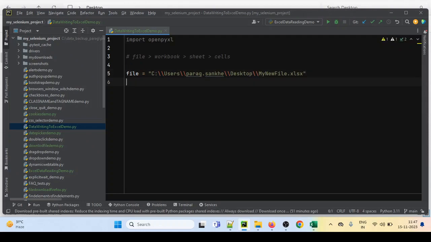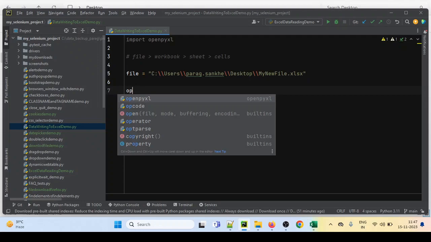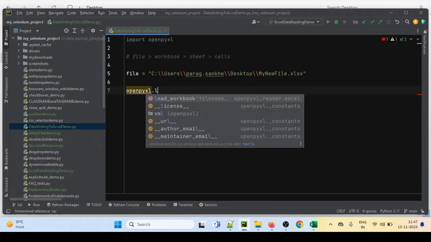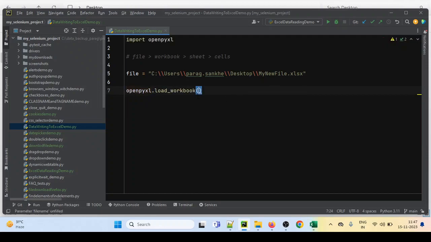After that we want to load the workbook. We have one method, openpyxl.load_workbook, and in this we have to provide this file path. I am just passing this file path, and we can store it in one variable. Let's say workbook is the variable with which we are storing it. After storing it, what is the next step? The sheet. I will create one variable, sheet equals to,